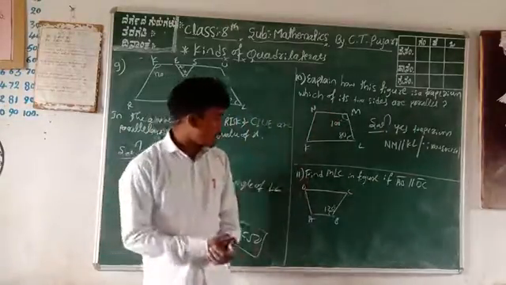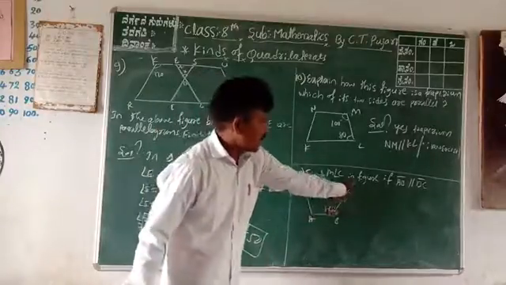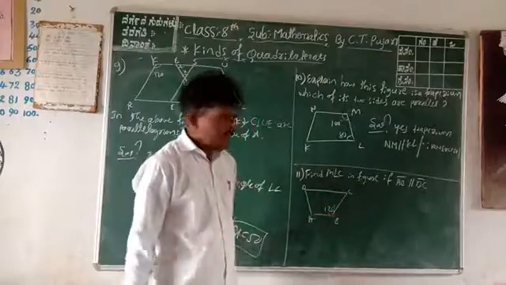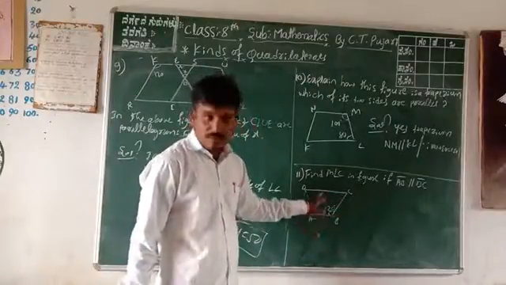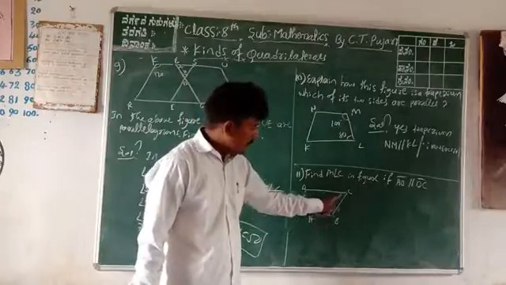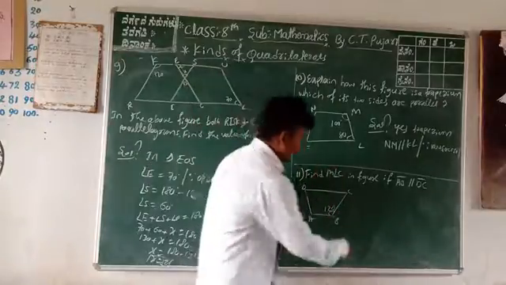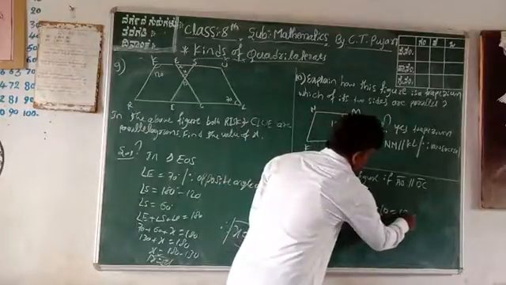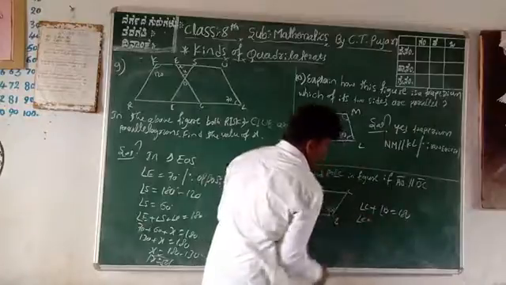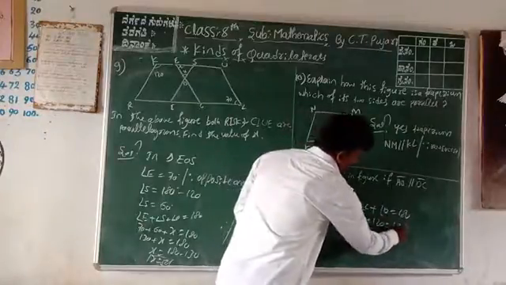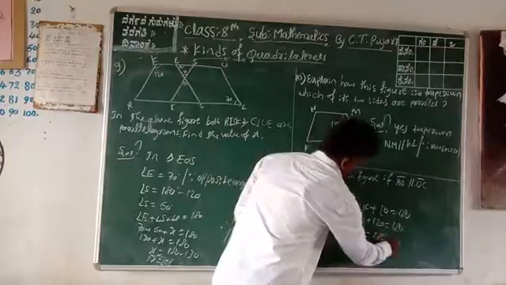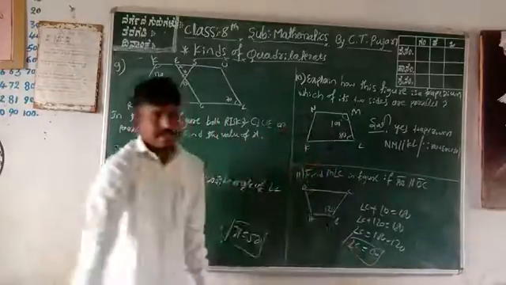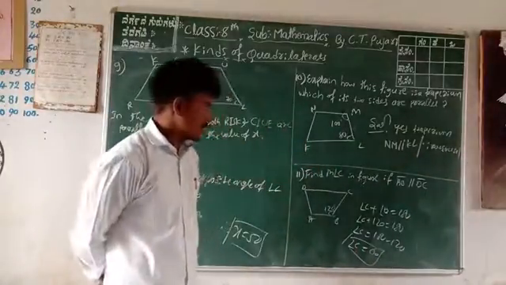What about next, 11th one? Find the angle C. In the figure, these two are parallel, DC parallel to AB, you can find out C. Very easy. In the trapezium, one pair of parallel sides, the sum of the interior two angles is equal to 180 degrees. Therefore, angle C plus angle B is equal to 180 degrees. Therefore, angle C, don't know, plus B is 120 degrees is equal to 180 degrees. Therefore, angle C is equal to 180 degrees minus 120. Therefore, angle C is equal to 60 degrees. Angle C is 60 degrees. This is over. Got it?